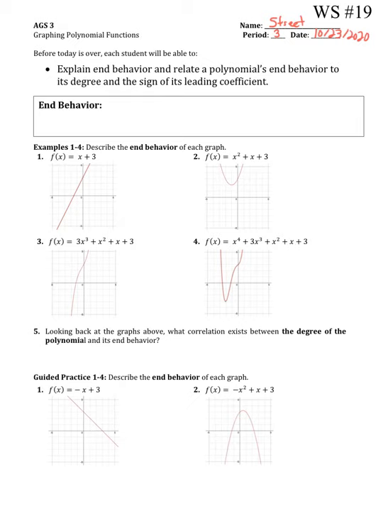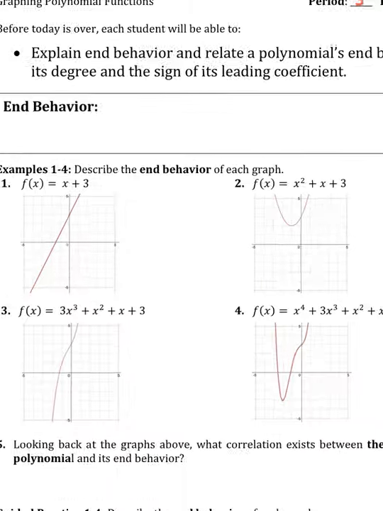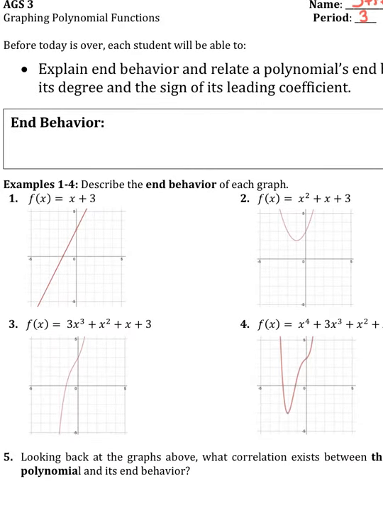So with end behavior, we'll start with, I'll zoom in a little bit here. Basically, we're talking about as x goes two directions. X in a graph either goes to the left or to the right. So we're going to say as x approaches negative infinity,